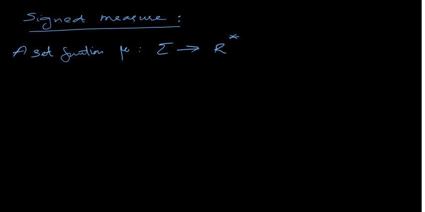R star means the extended real number system, that is, R union the set minus infinity and plus infinity. So the values of this set function lie in R star, which is the set of real numbers together with two infinities, minus infinity and plus infinity. So it's a positive as well as negative valued function here. Is said to be a signed measure